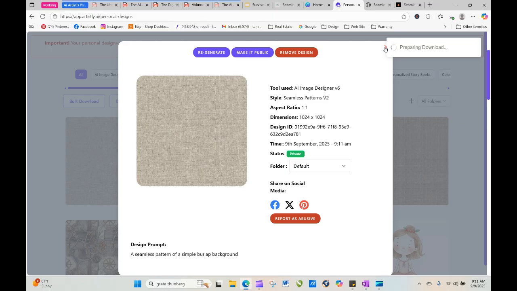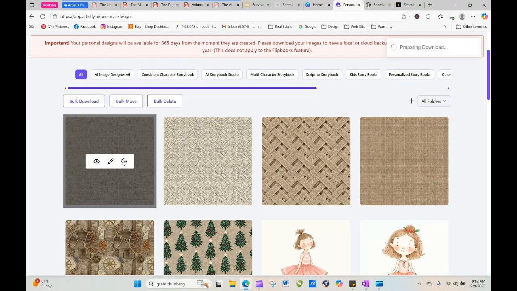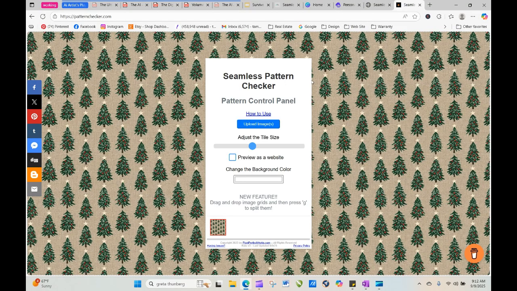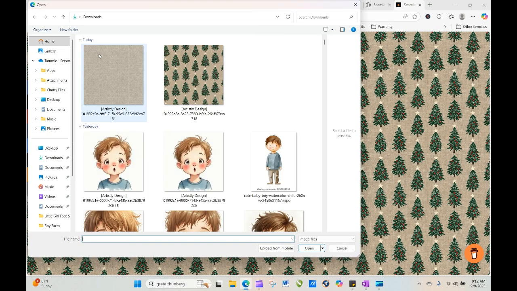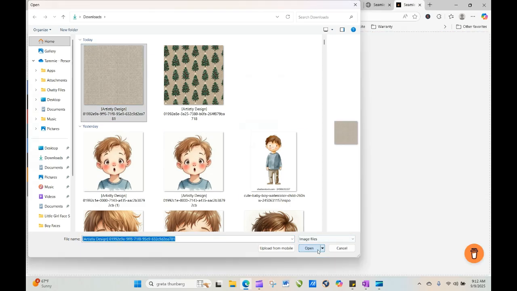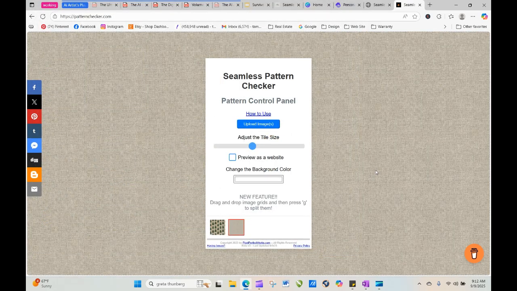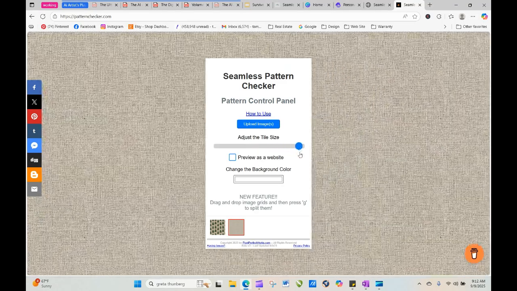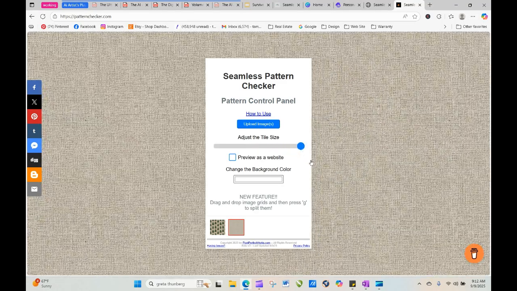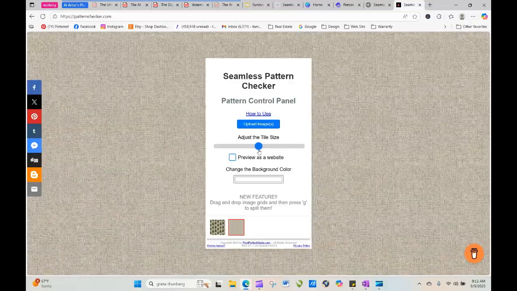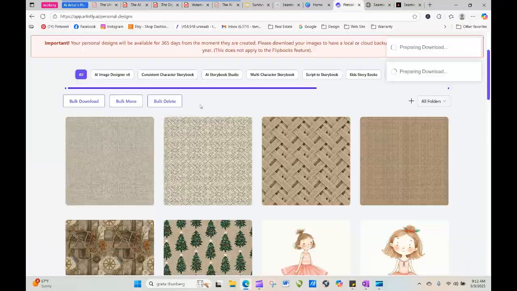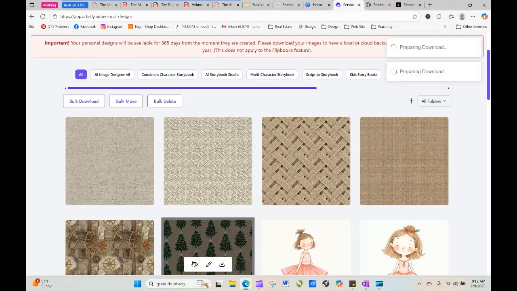So let's take this. We're going to download it just to see if it kind of matches up and what it looks like. And yes, I don't see any major flaws with it. It looks good. Okay, so now what we're going to do is we're going to go back here and grab